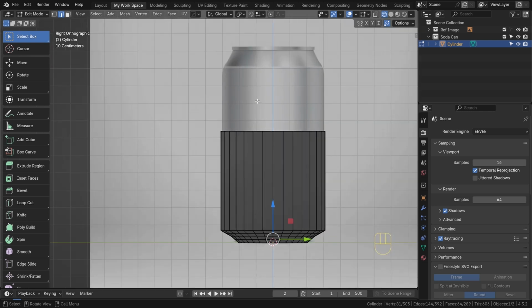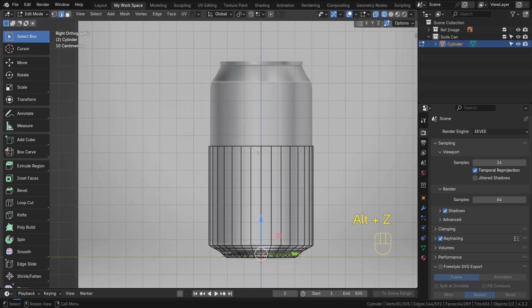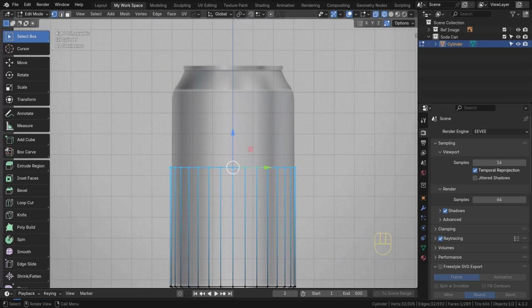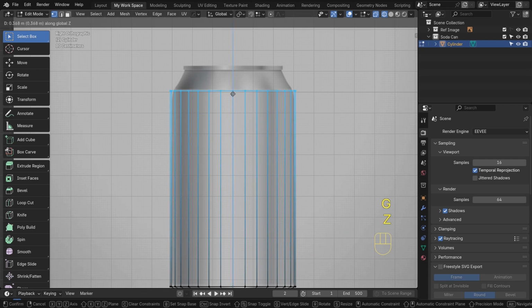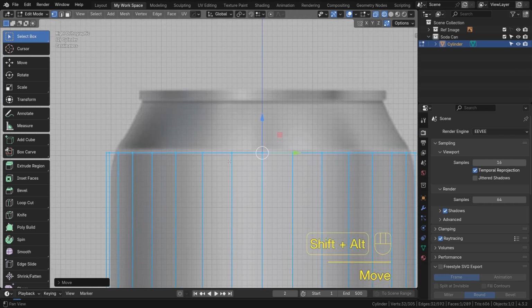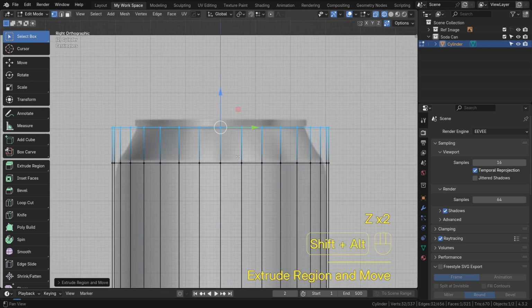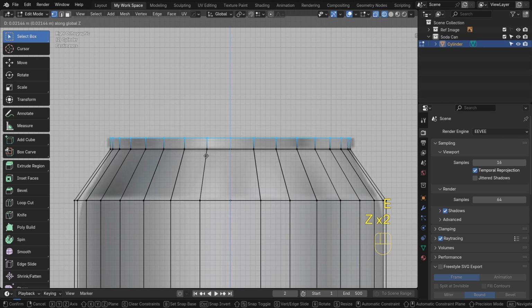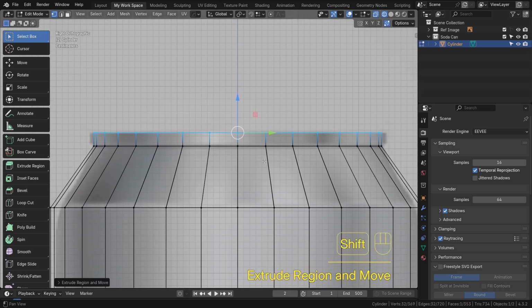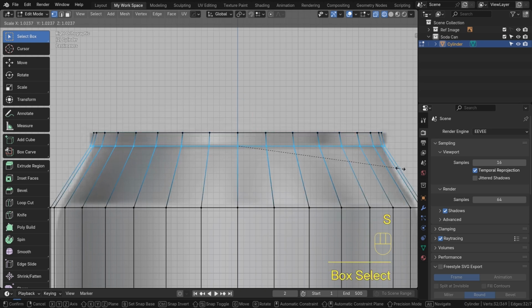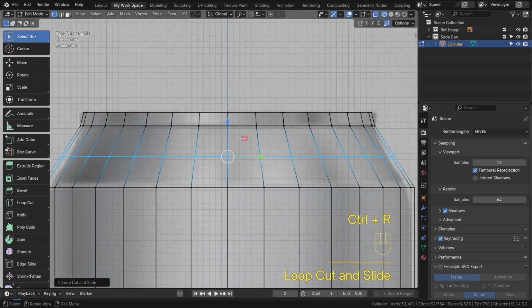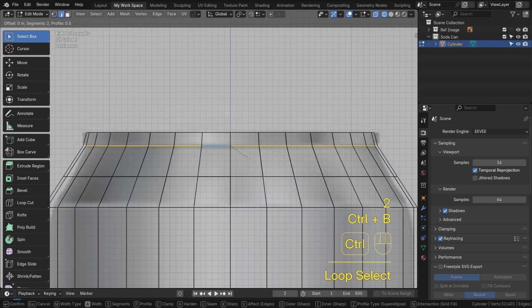now we'll make this part of the can, and now I will go in vertex mode, and select these vertices and grab them on the Z axis like that and extrude it till here to make this shape. Yeah, and scale in, again extrude on the Z axis. Yeah, okay, like that, and now I will add some loop cuts here and I will bevel this like